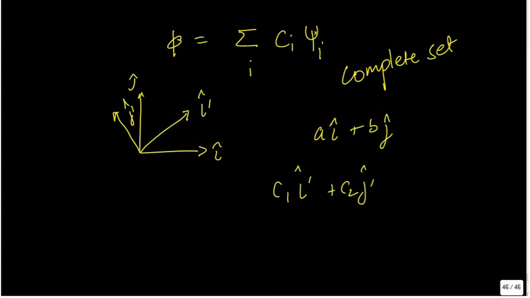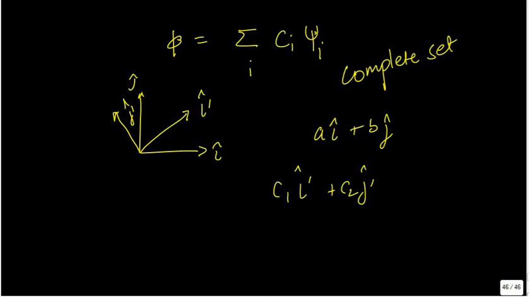I define phi in terms of psi i. The complete space is spanned by, for example, all the eigenvectors of the Hamiltonian. The complete space is also spanned by all the eigenvectors of position. So let us say that phi is an eigenvector of position. If I take a linear combination of all phi's, I can write back my psi's. So all this is interchangeable, right?